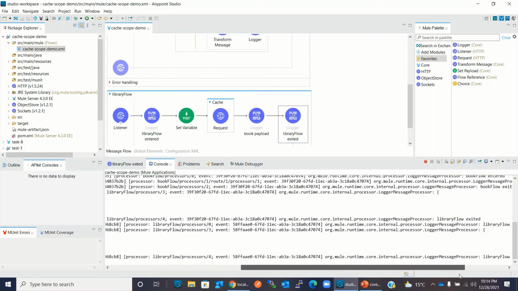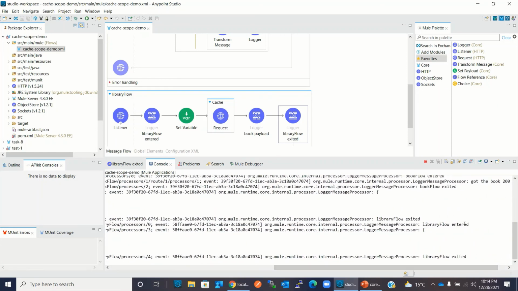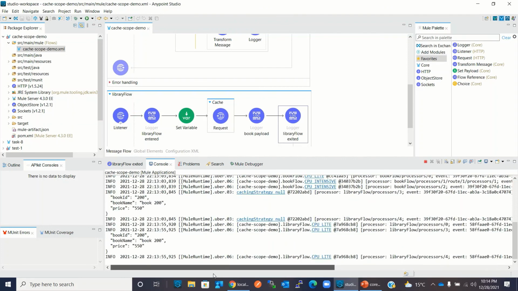So there are 3 logs: library entered, library exit, and in between the 200 book detail. So that's how we can use the cache to increase the performance of our Mule application. I hope you understood how we can use the cache scope in our Mule application.